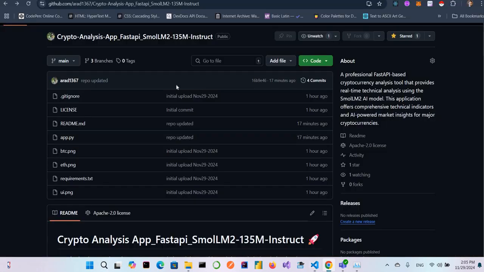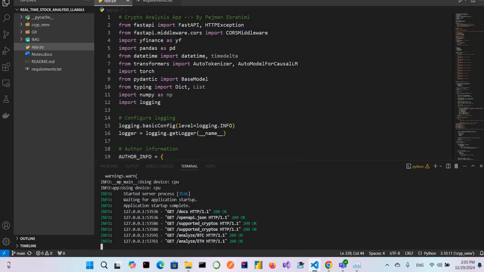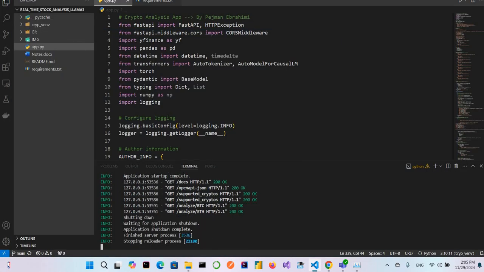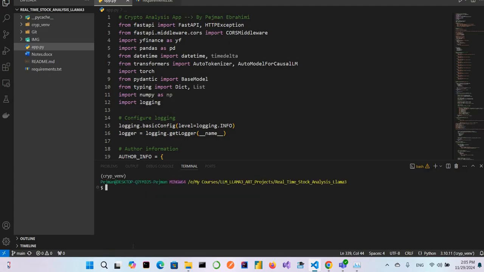You can see the ETH is done here. Just check the result. You can see it is very nice and great, and it works. Anyway, it works. And just let me clear everything and deactivate my virtual environment. Okay, so I told you